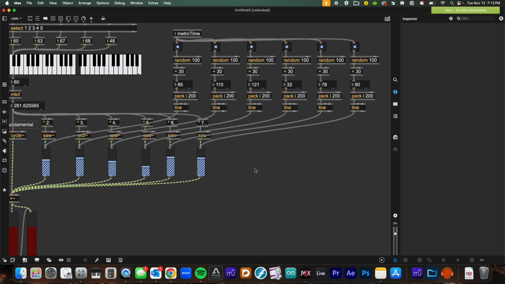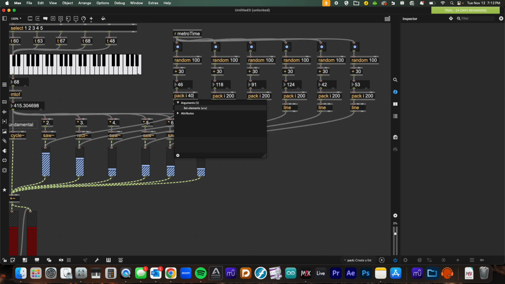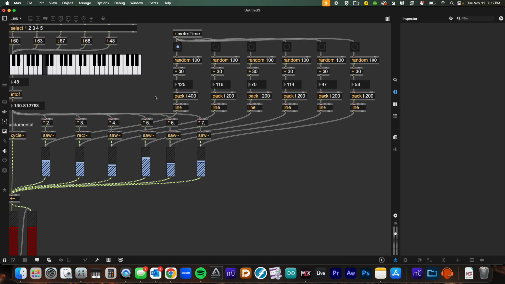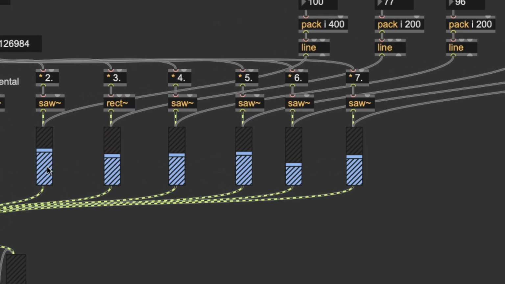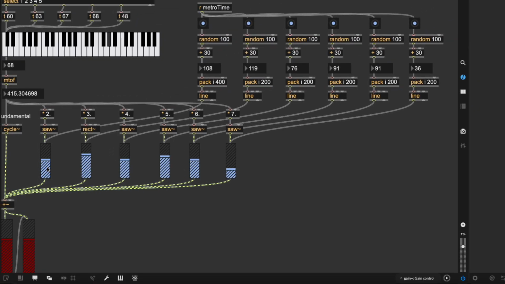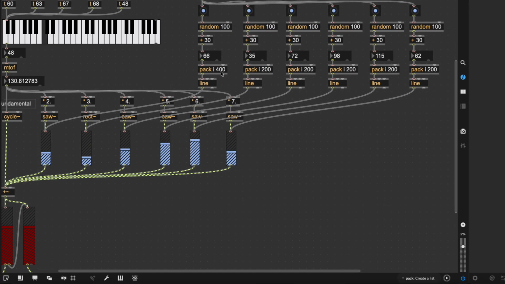Okay? And maybe I want some of these to move slower than others. So maybe this first one is going to move at 400 milliseconds. So you can see the first knob now is moving slower than the others because I changed this pack value